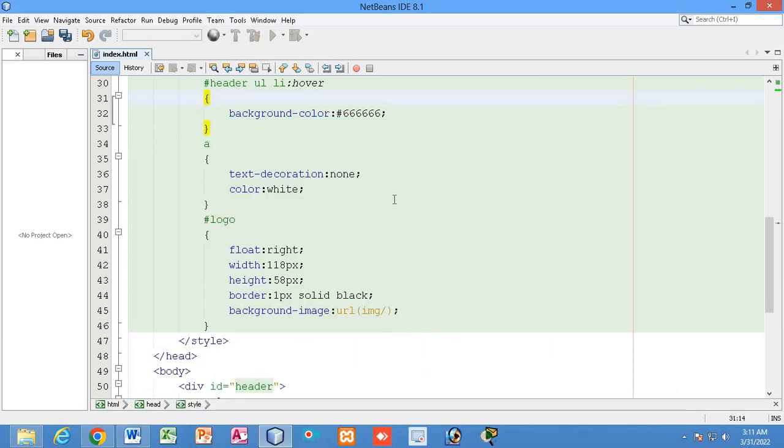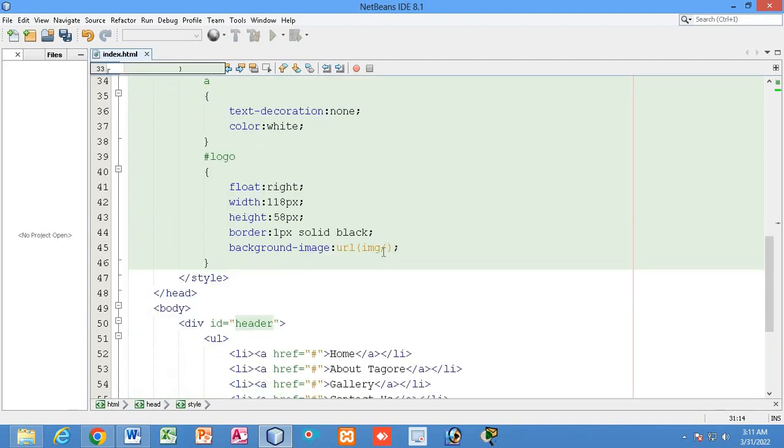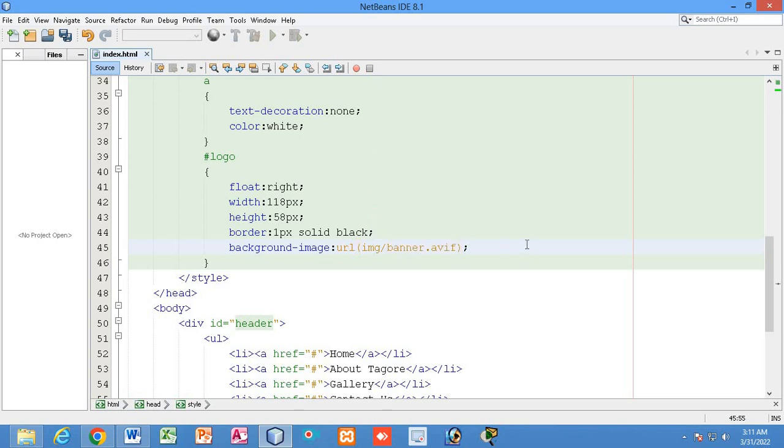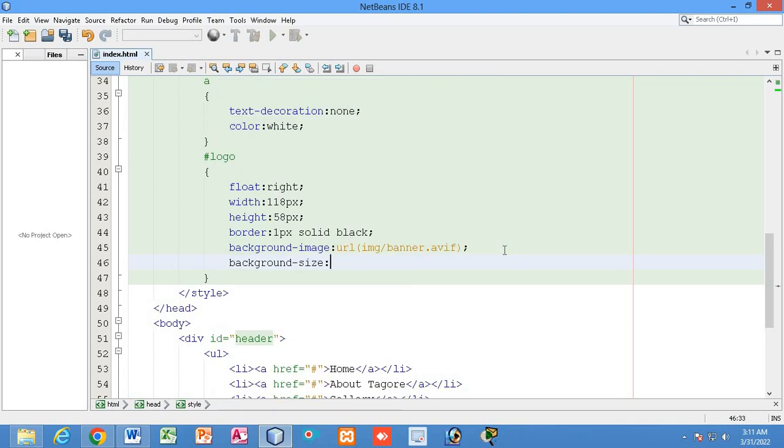Let's see, banner, this banner, will it work or not? I will check. So banner.avif, this is the file. Let me see. Now another thing we have to add here, that is background size.